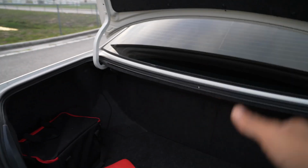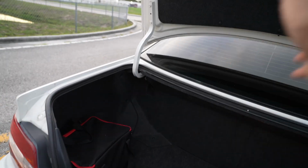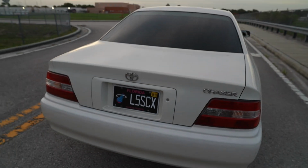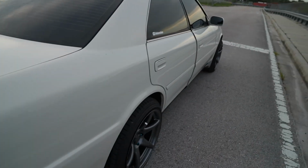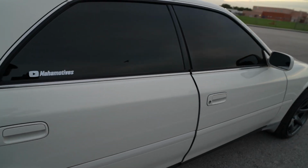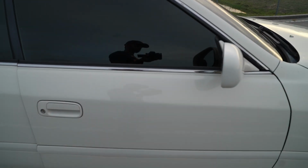I was able to put, not all my tires, I put like 3 tires in here, I believe. It was slanted. Go check my last video when I did the tires and wheels install, but I was able to fit 3 tires in the back here and wheels throughout the whole car. Well, 4 wheels and tires. 1 tire was in the front seat, 3 tires were in the trunk, and then 4 of the wheels were in the back seat. So yeah, man,